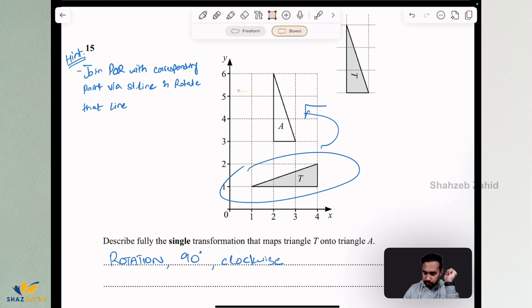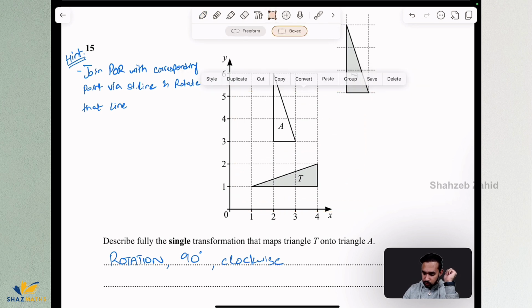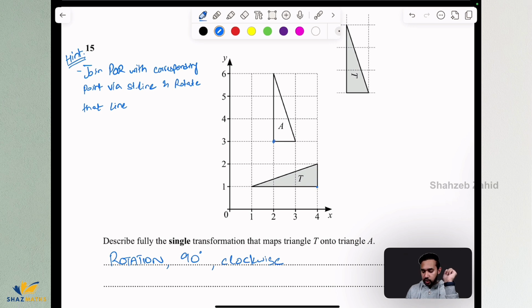As I've said before, what we're going to do is mark any 2 corresponding points. Okay. So at the moment, for this figure, I'm just going to be using these 2 points. Let's mark them. This point and this point, they are corresponding, right? So if I join them via a straight line,